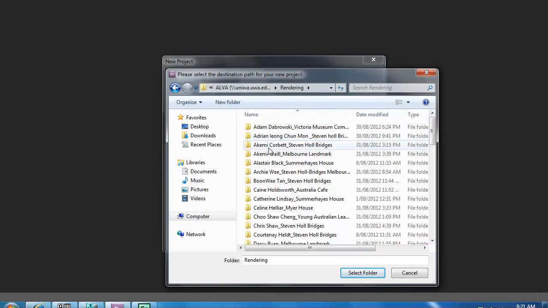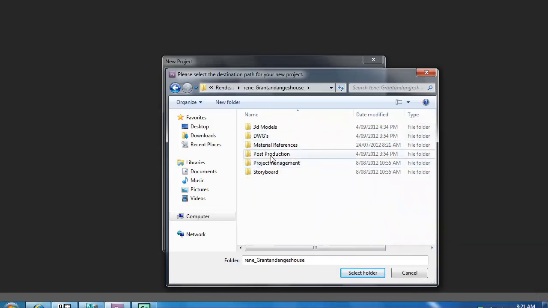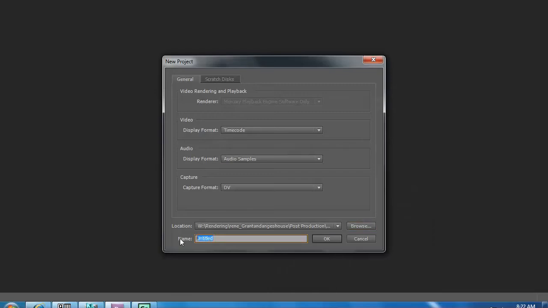And rendering, and select your folder in post-production, final composites, or actually in the render passes, scene 1, AVI, we can save the scene 1 file. Select this folder, call it scene 1, and okay, this should boot up